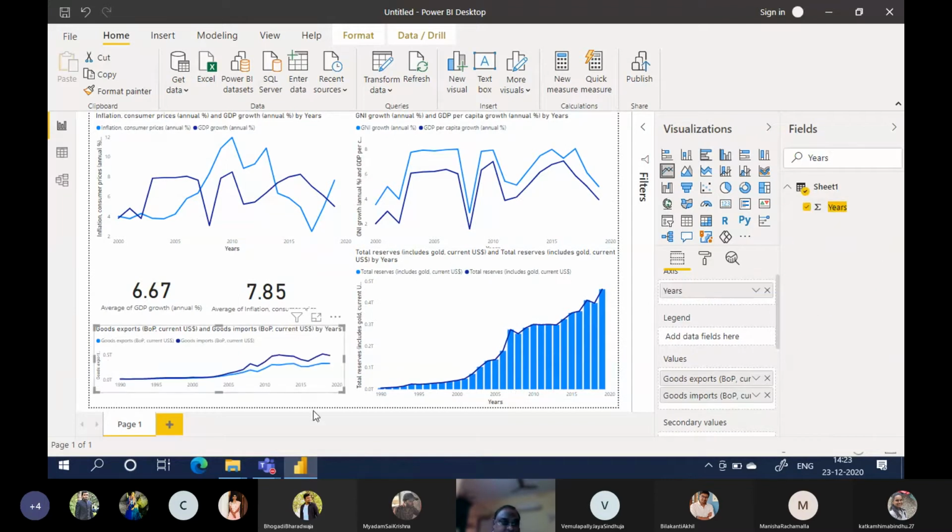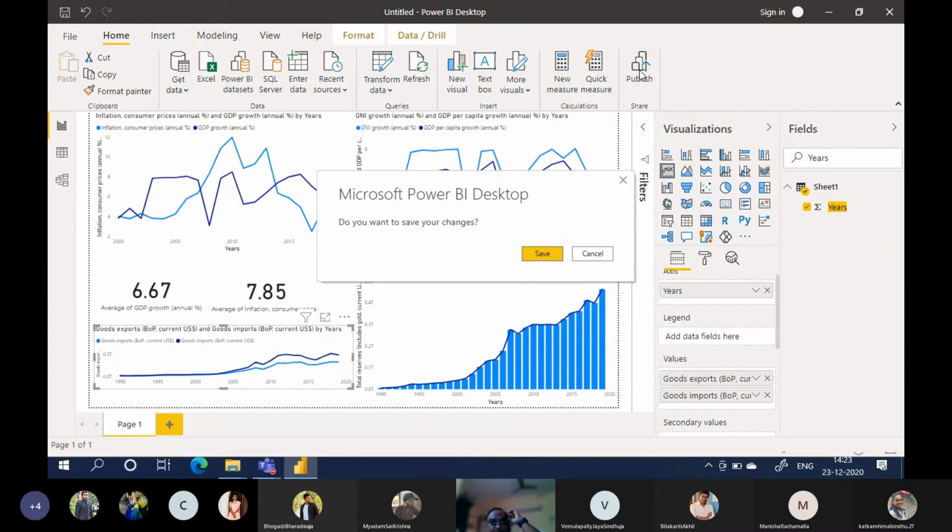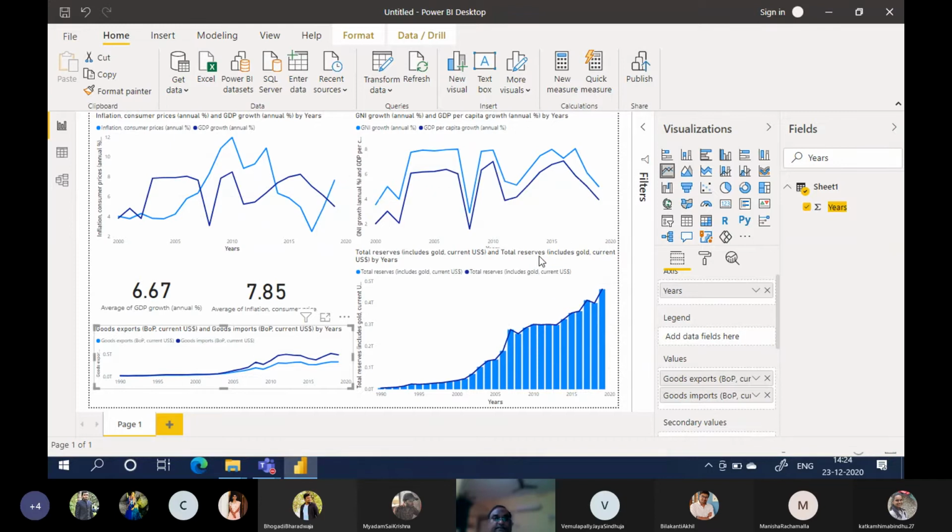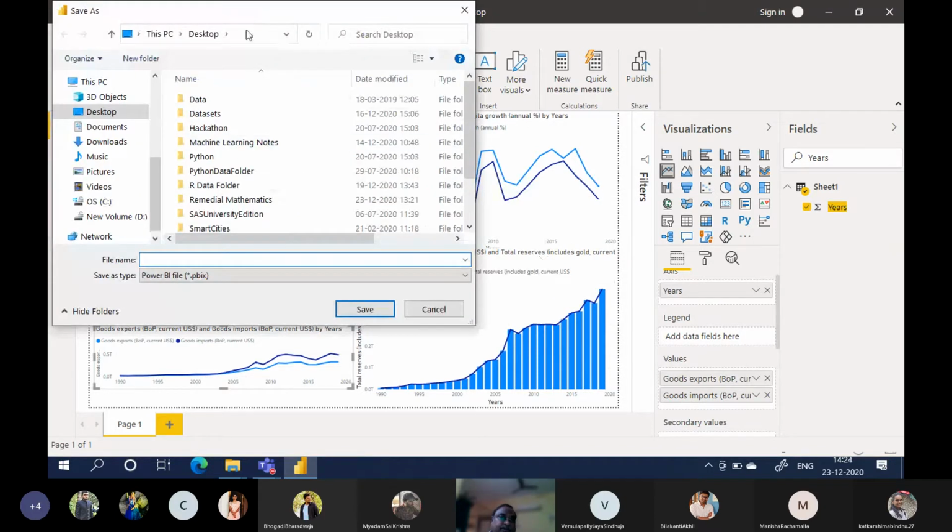See, imports and exports. So this is like a dashboard, right? We have created a dashboard where we can see the whole thing. Now you can publish it. Save. Then go analysis 1.